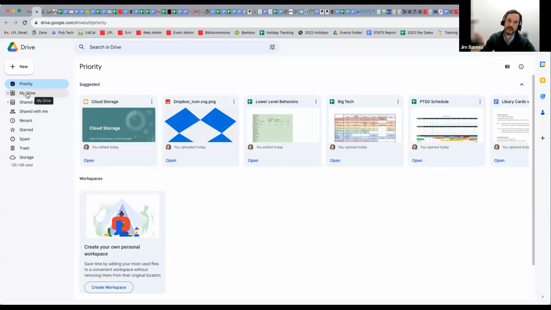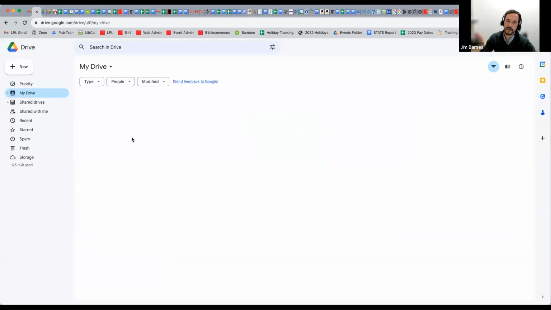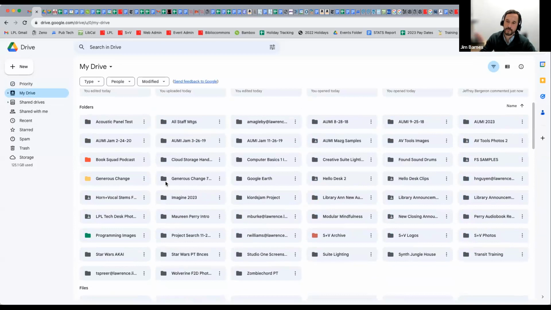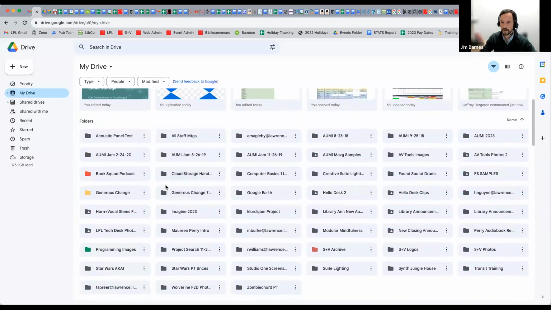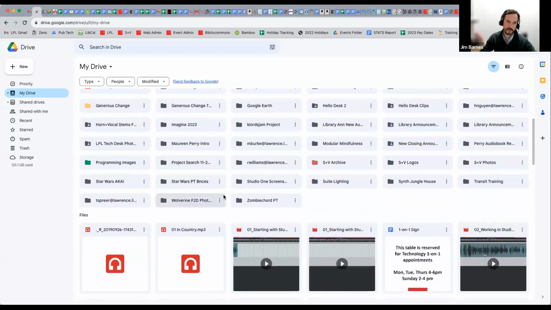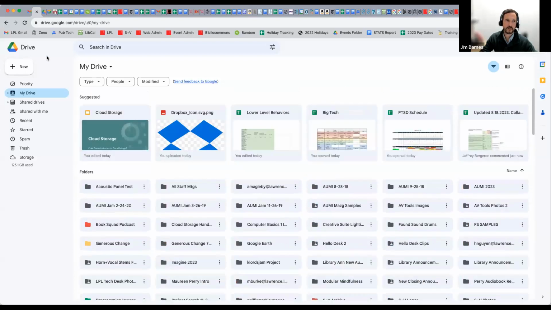And if I click on my drive right here, I can see lots and lots of files. So at the library, I create videos, and there's folders that have all kinds of files in them. So it's like a big hard drive. So you could go straight in there, and you could store your files directly by dragging them right into the window. Or, like I said, if you create a Google Doc or a Google slideshow, it automatically just gets stored right in there. Or even if you have email attachments, they're going to go right in here as well.